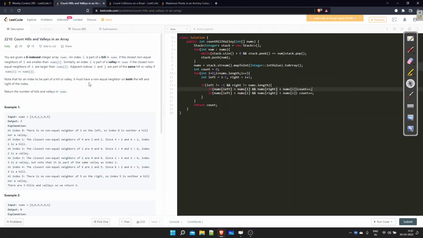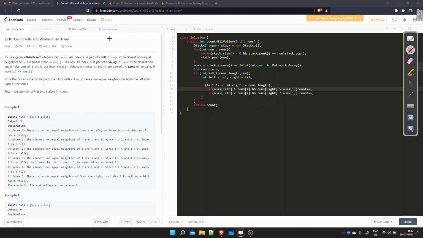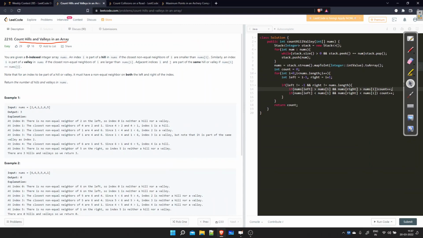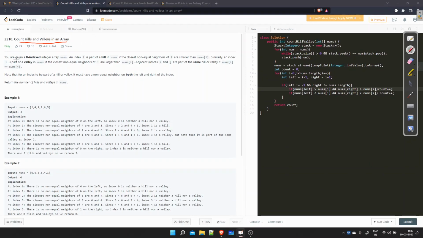Hello guys, in this video we are going to see this particular problem, count hills and valleys in an array. So let's first understand what the problem says. It says you are given a zero index integer array